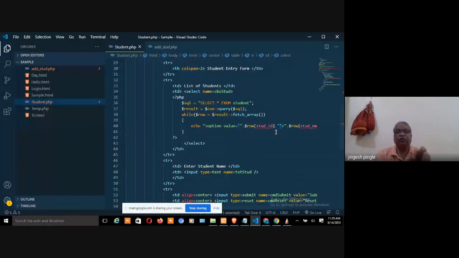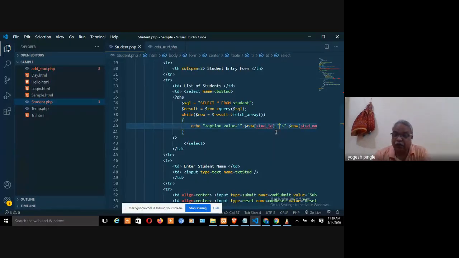But in HTML, whatever parameters you are passing, you are passing them in string format only. You cannot pass the value from one file to another file in number format or floating point format. You can pass values from one file to another, one computer to another, one client to one server in string format only. We have studied that in Java also, right? That's why we had wrapper classes, Integer.parseInt, Double.parseDouble, and so forth.